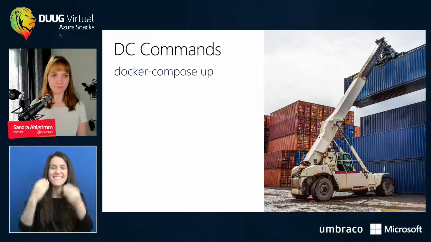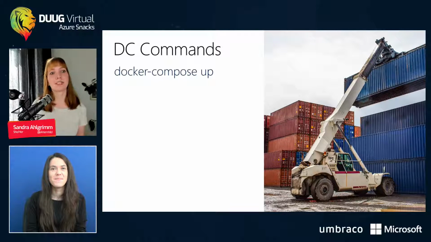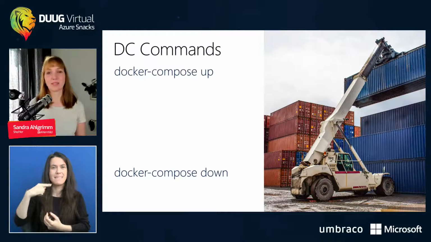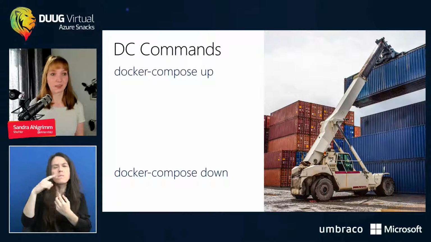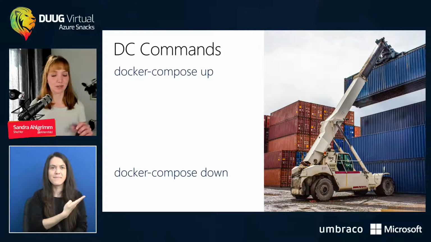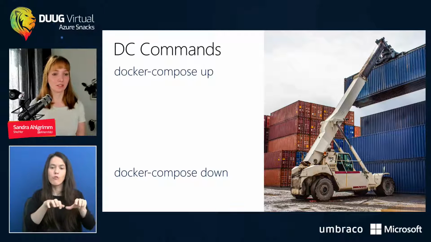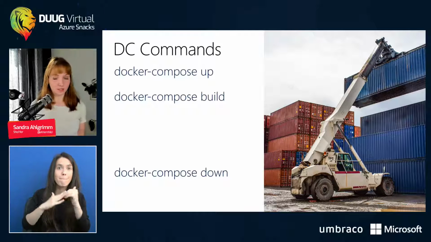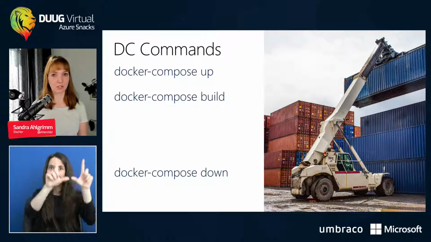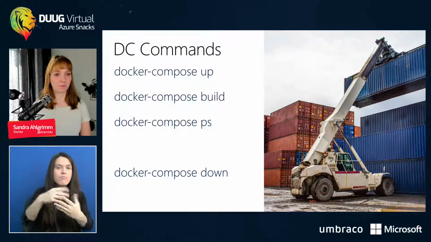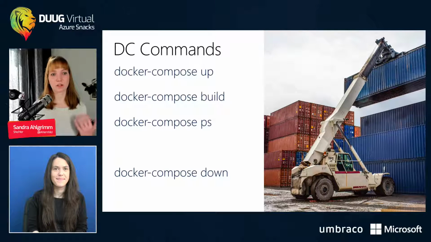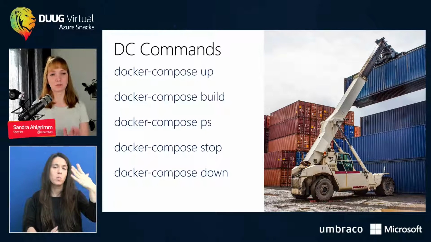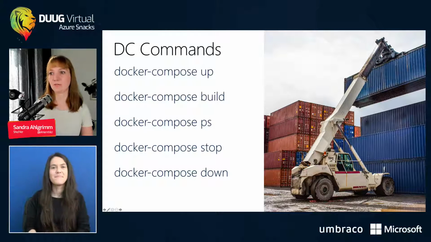For the Docker Compose, there are also other commands. So with Docker Compose up, I can bring everything up. Docker Compose down is the same like Docker stop. So Docker Compose up is like running the Docker run command for everything. Docker Compose down, the stop one. Docker Compose build will build all my Docker images, addressing the Dockerfiles in each application. With Docker Compose PS, I can look through all my containers, and Docker Compose stop will also stop all the containers again for me.